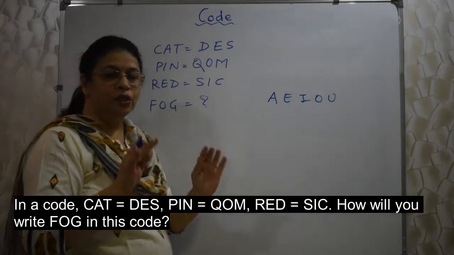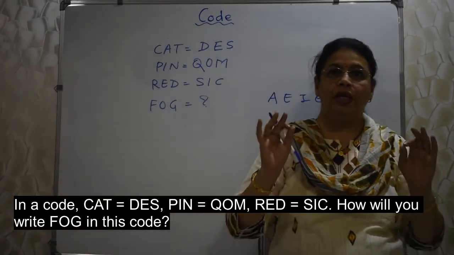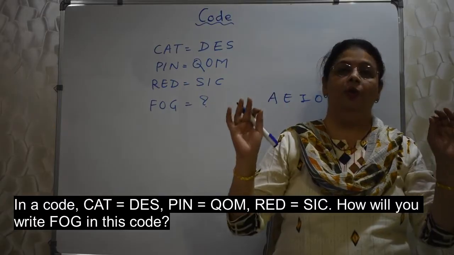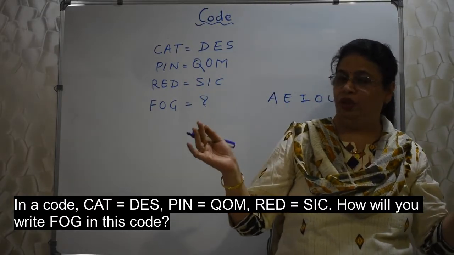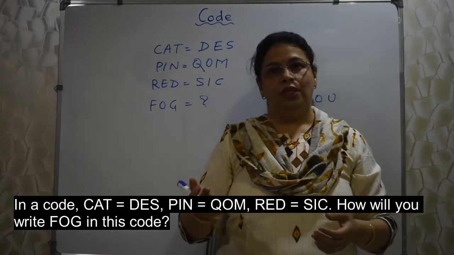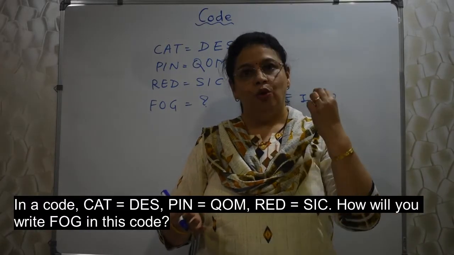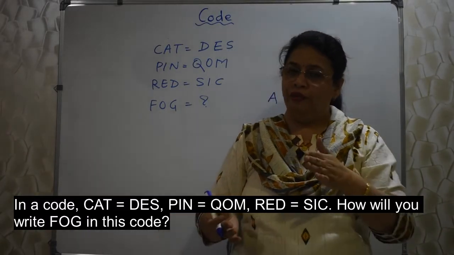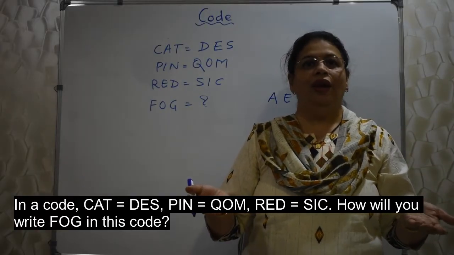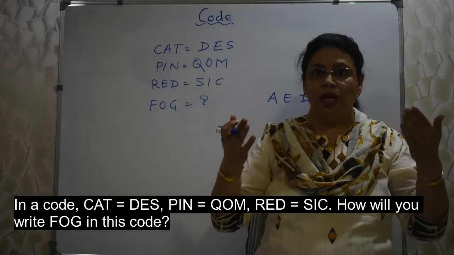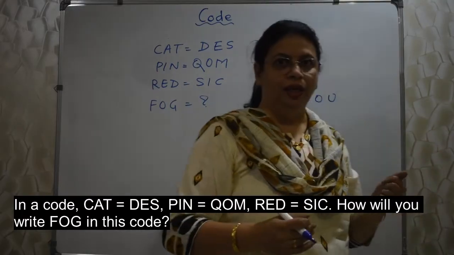See, the code is going to be different for each new question. They are not going to ask similar questions. See, how many code questions will come? 2 at the most, 3, but all 3 will be different. Okay? Otherwise there is no benefit, right? They want to test your intelligence, isn't it? Okay.